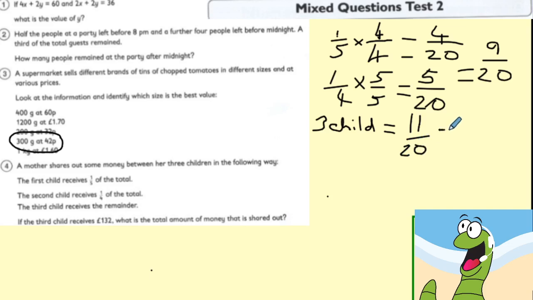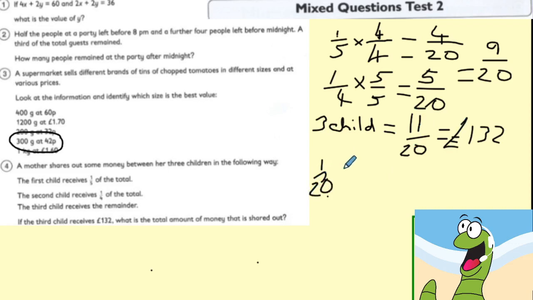Okay, and that 11/20 equals £132. Now our question, what is the total amount of money that is shared out? It doesn't ask us how much they got, it just asks us what is the total amount of money that is shared out. Okay, so if 11/20 is £132, 1/20,